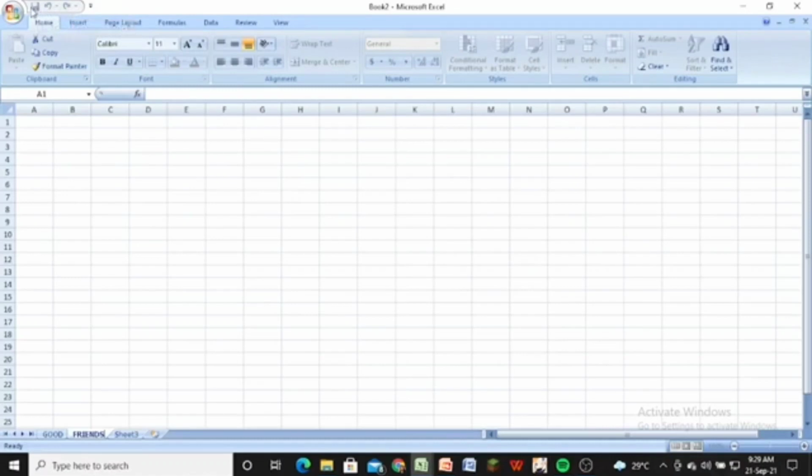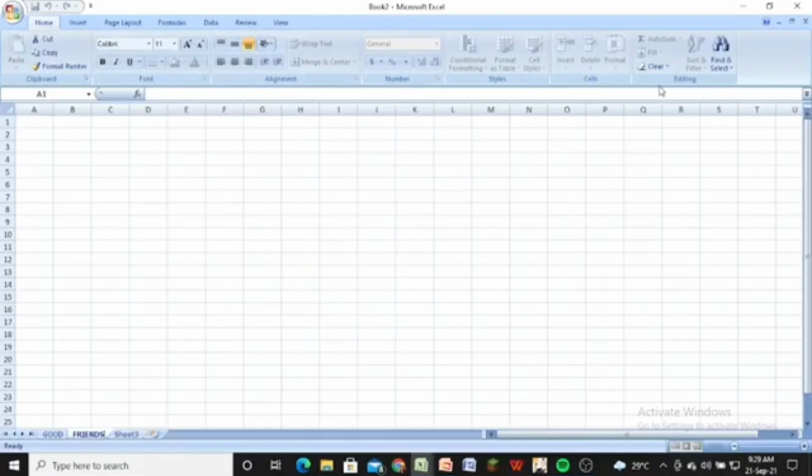Okay, now here at the bottom of the tab keys we have the groups like clipboard group, font group, alignment group, number, styles, cells and editing. Children, this was all about the introduction of the Excel window. Now let us come to the name box.